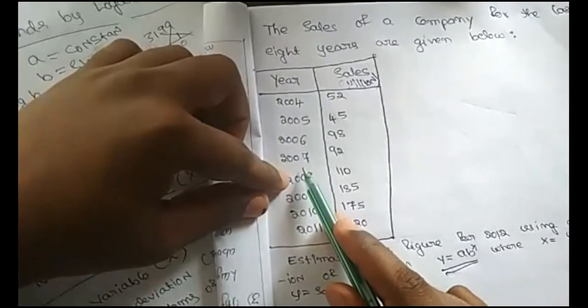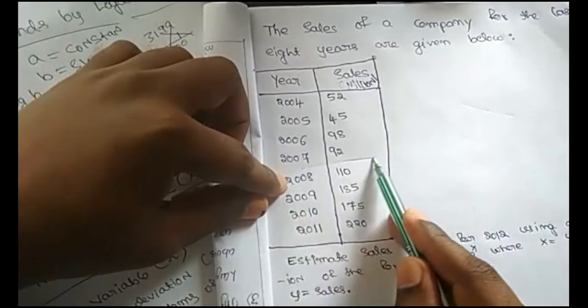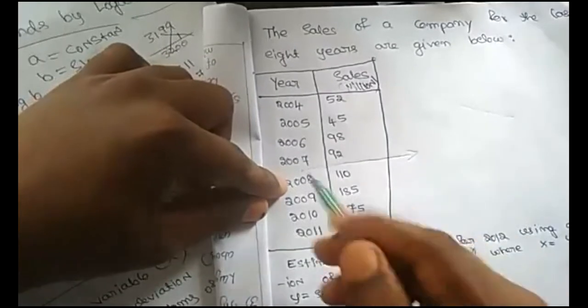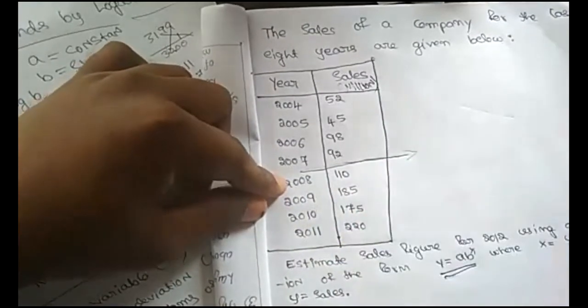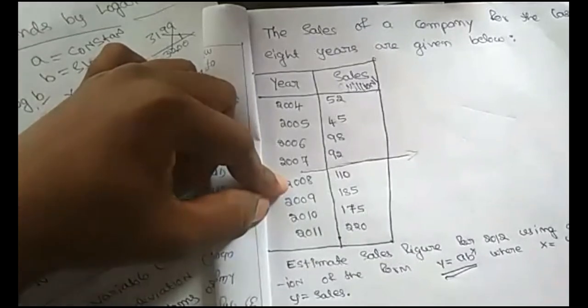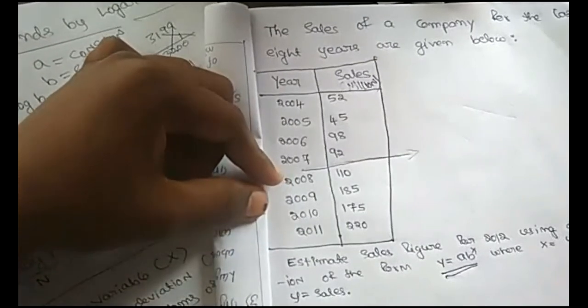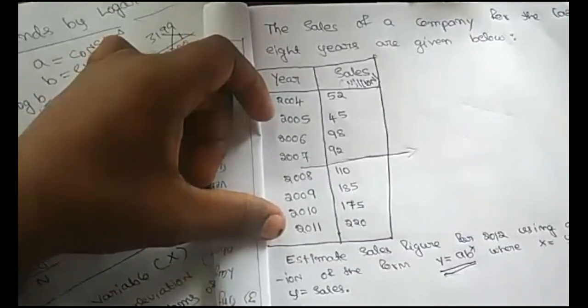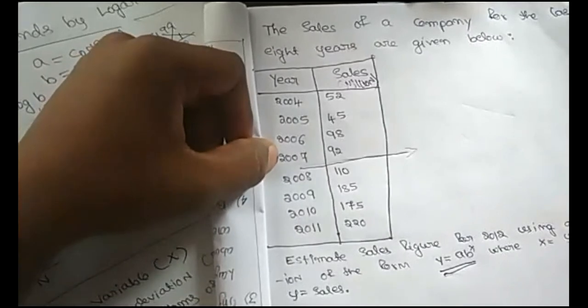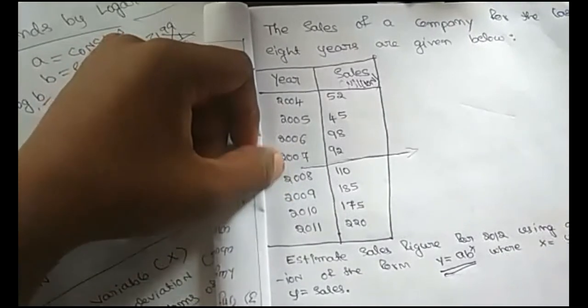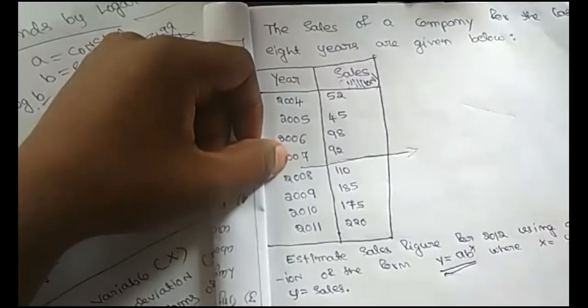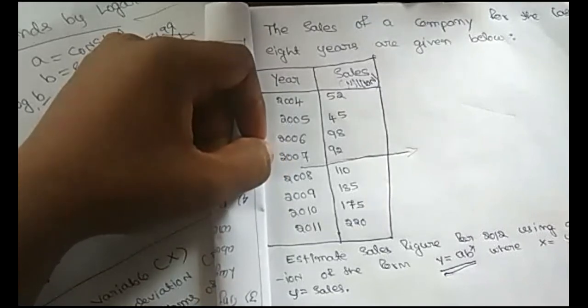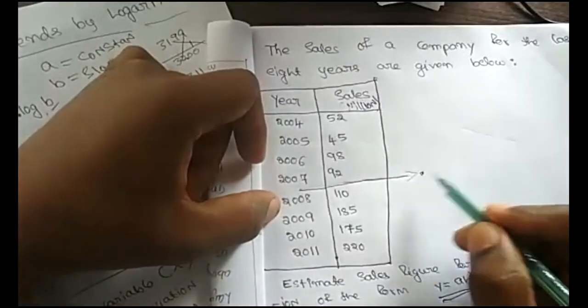So between 2007 and 2008, we can take the middle year. That is June of 2007 as a middle year, because we cannot find the exact middle year among the even number of years. What can we take? We can take the month between 2007 and 2008. So that is June. We can take June 2007 as a middle period.